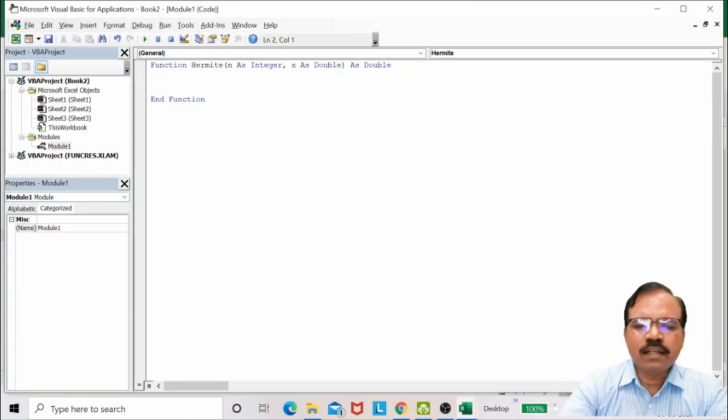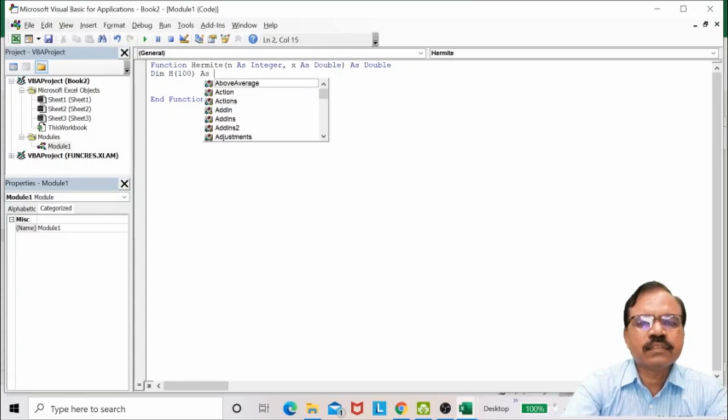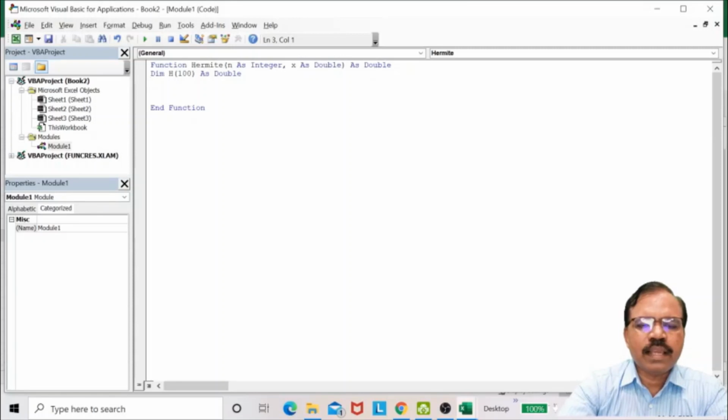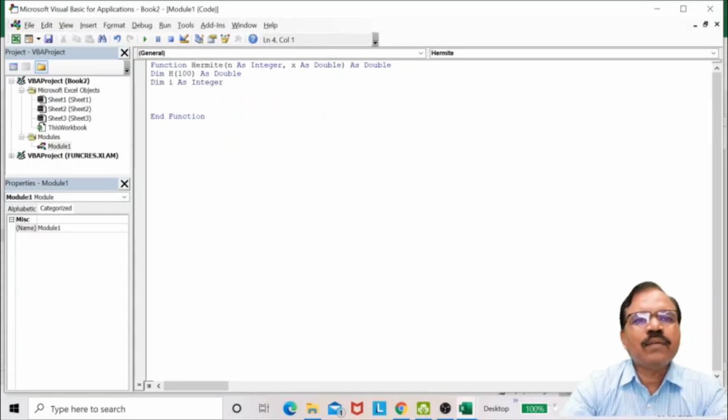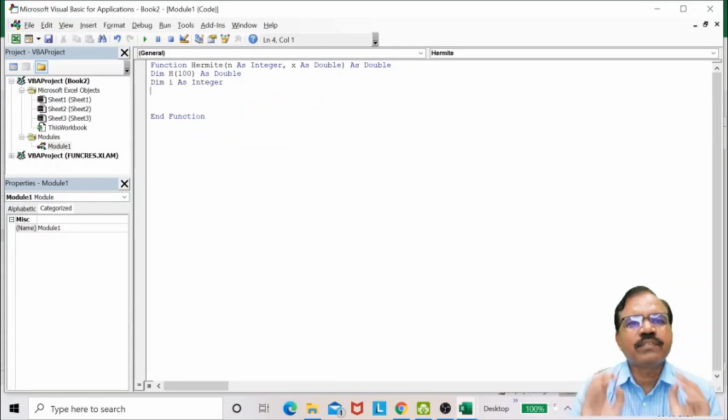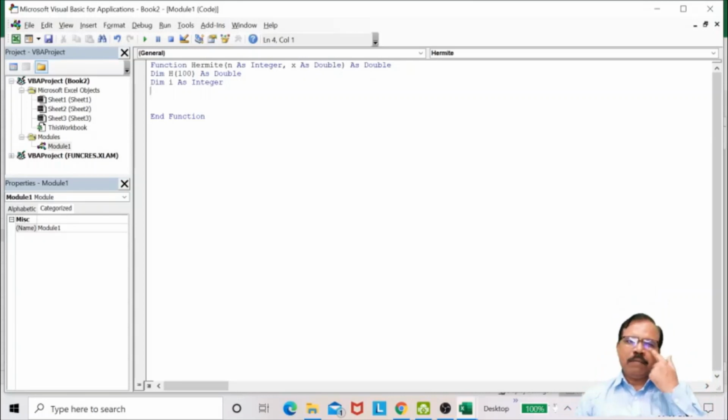First I will declare the variable: Dim h(100) as Double, and now I can take integer: Dim i as Integer. I have declared h(100), that is an array of 100 elements of real values.